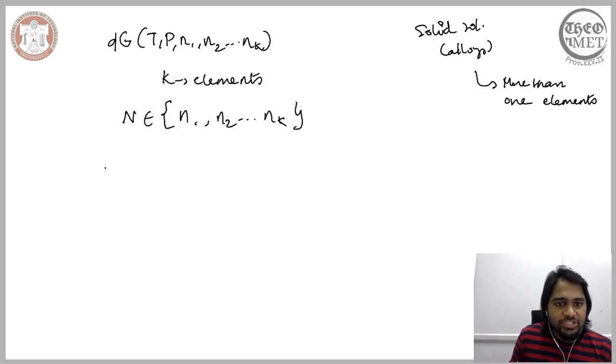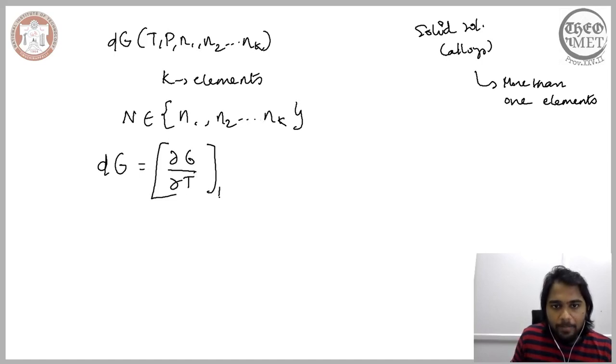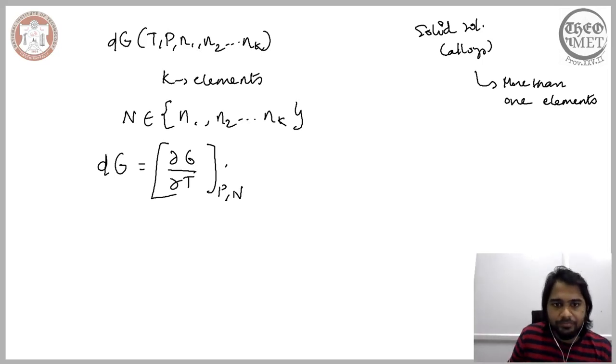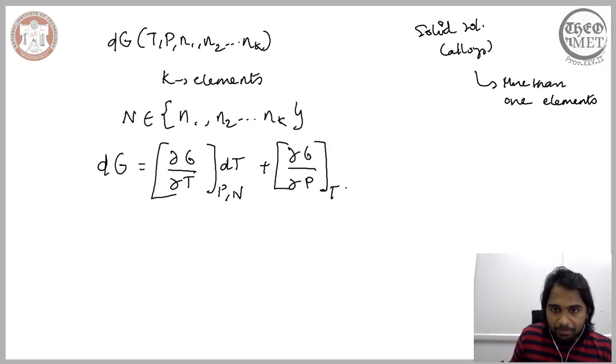Now the change in the Gibbs free energy is equal to the change in the Gibbs free energy with respect to temperature when pressure and all the other components are constant. And similarly, the change in the Gibbs free energy with respect to pressure when the temperature and all the other components are constant. And finally, we have the change in the Gibbs free energy